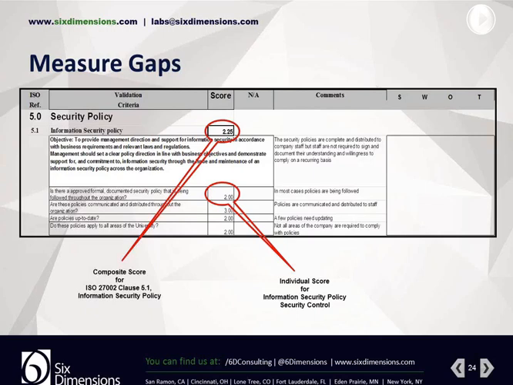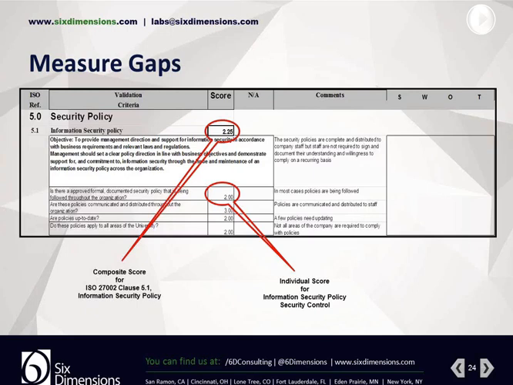Here is one tool that I've used in the past to measure gaps within the particular organization. If you take a look, this is out of ISO 27002, and it's under what they call Clause 5, security policy. And you can go through each of the questions on the left column in regards to security policy. Is there an approved formal documented security policy that is being followed throughout the organization? And we've measured that as a 2, and I think that was almost always followed. So in most cases, policies are being followed. So we measured that as a 2. We see that some are measured at 3 and others at 2.